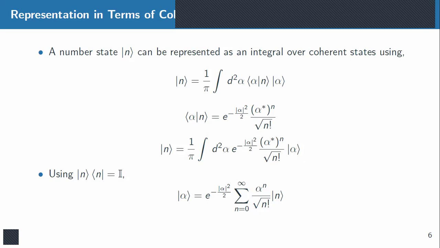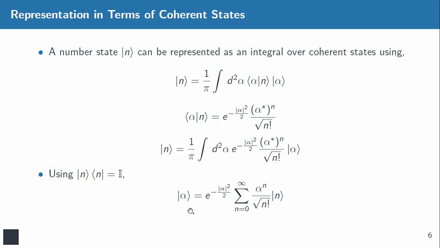So next, we know that we could use the coherent states as the basis to write other quantum states, and we know that a set of bases should follow the completeness relation in order to be a valid basis set. So let's see whether the coherent states also follow this kind of identity or completeness relation.